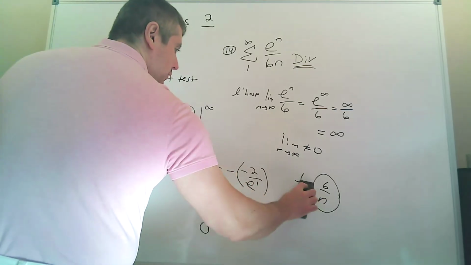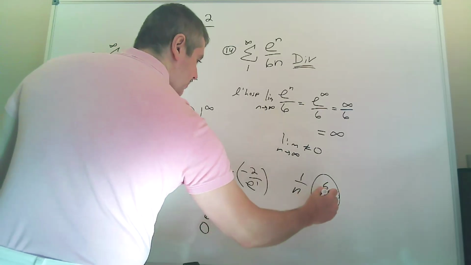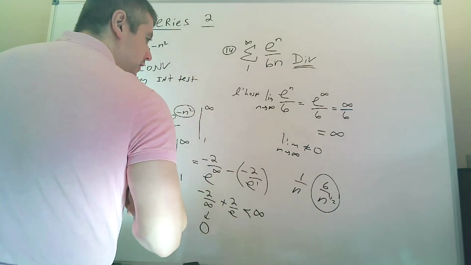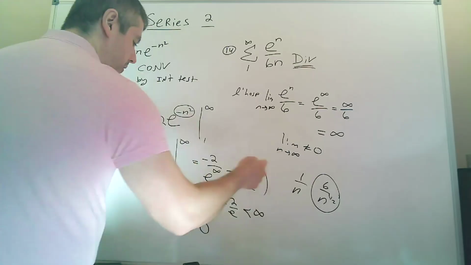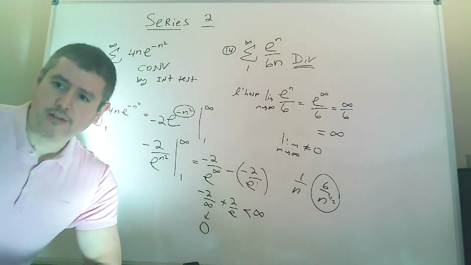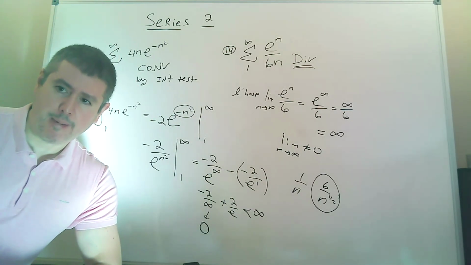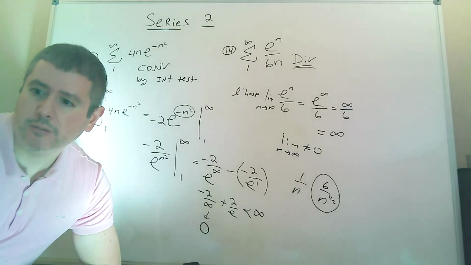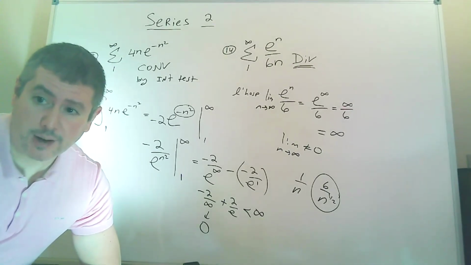If I had switched that power to 1/2, then it's going to diverge. It doesn't matter what's on top. It's only when I start mixing them up. But the tests are going to get more complicated. The integral test is not that bad. The p-test is the best. Love the p-test. All right, so hopefully. I did as many as I possibly could, so